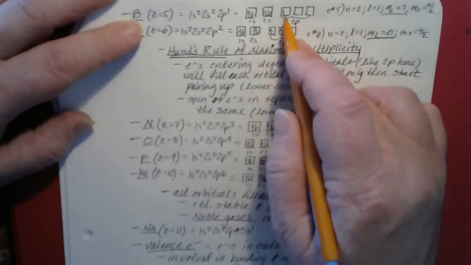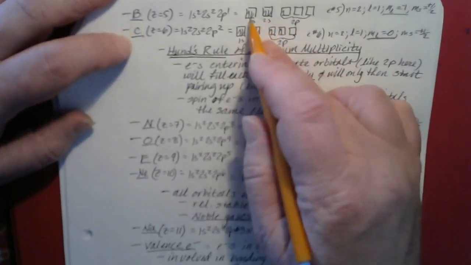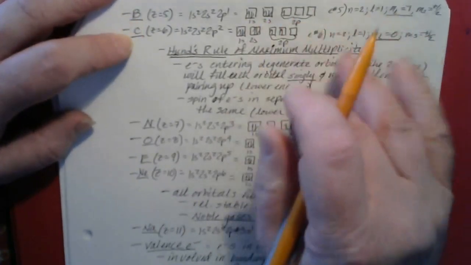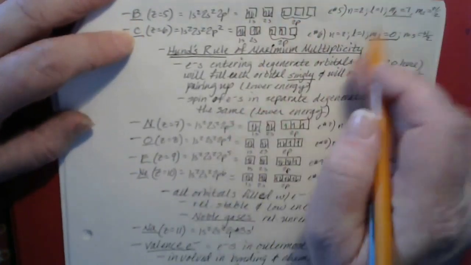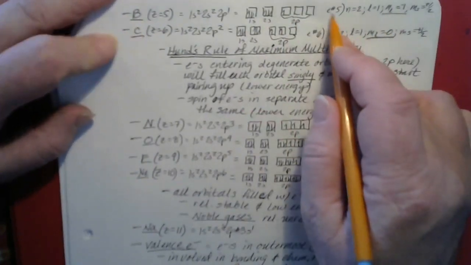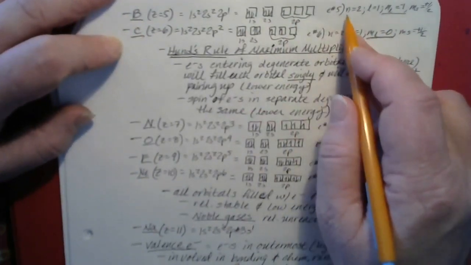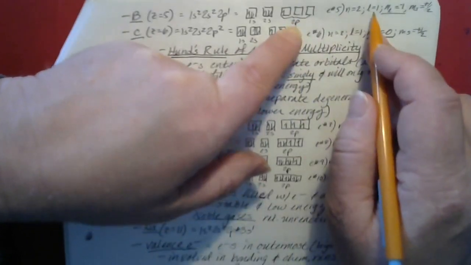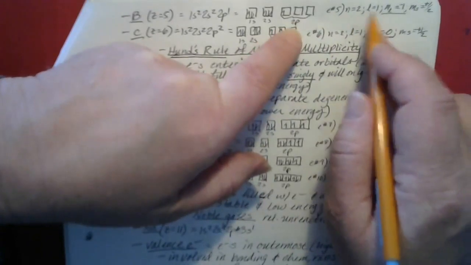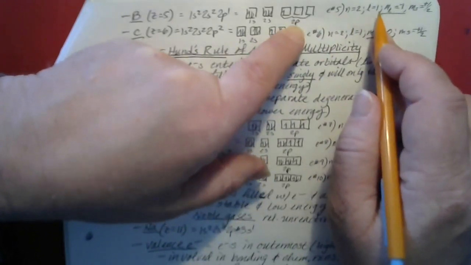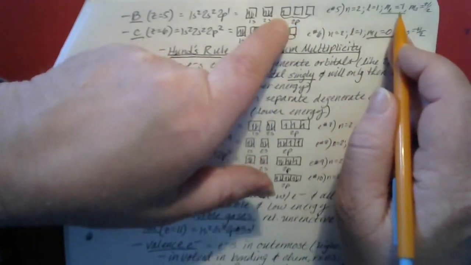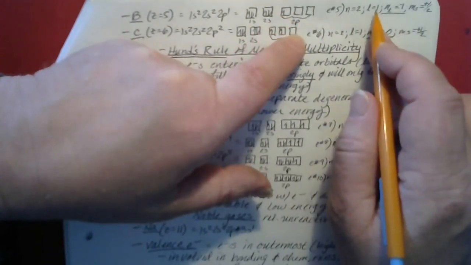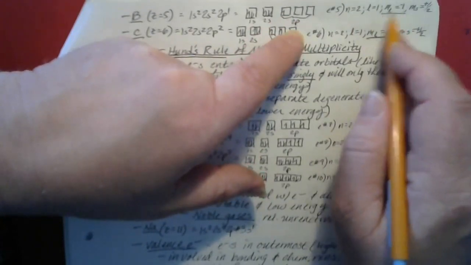For the last electron that came in, remember the quantum numbers for the first 4 electrons are the same as they were in the previous example. For the electron we just added, electron number 5, n is equal to 2. L is now equal to 1. L equals 1 means a p-type orbital. M sub L can be -1, 0, or +1. That is, there are 3 possible values for m sub L